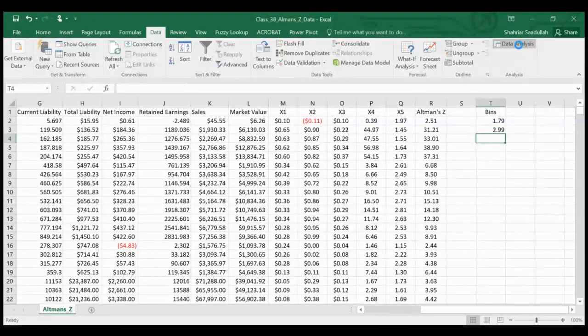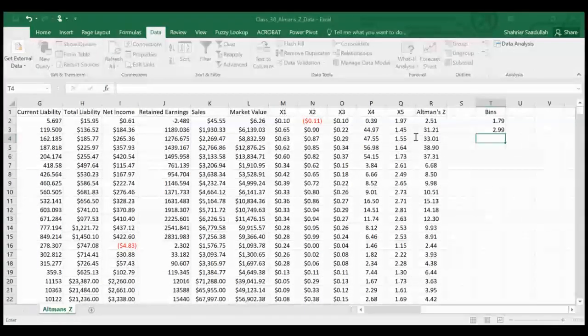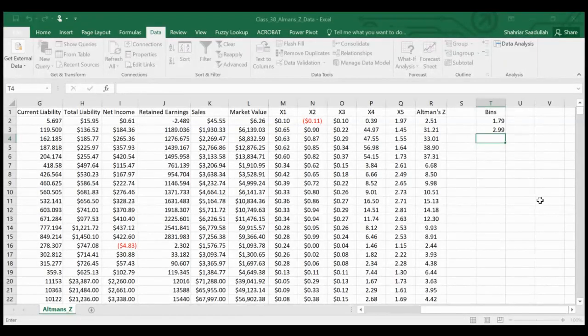We come down to the right and go to data analysis, and we select histogram and click OK. Here in the input range, we want to type in $R$1 colon $R$2330, and in the bin range we want to type in